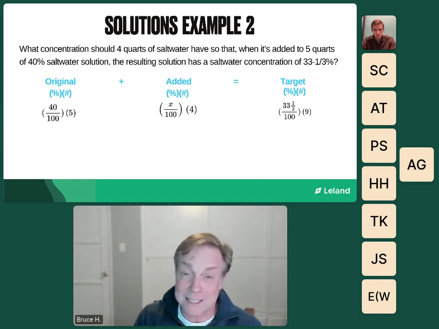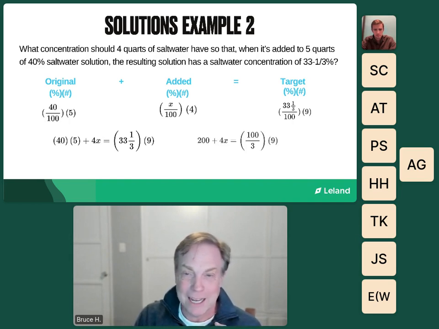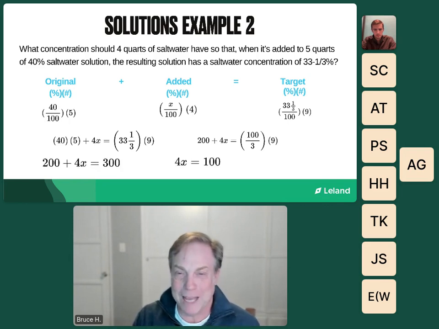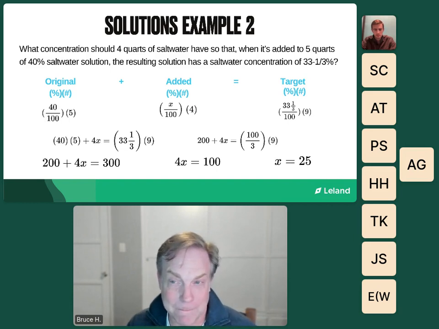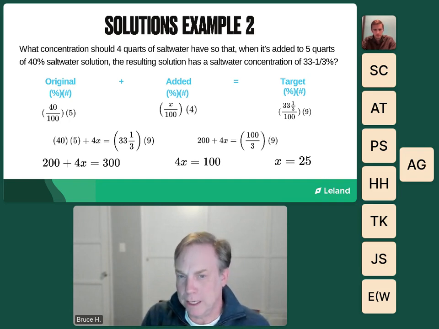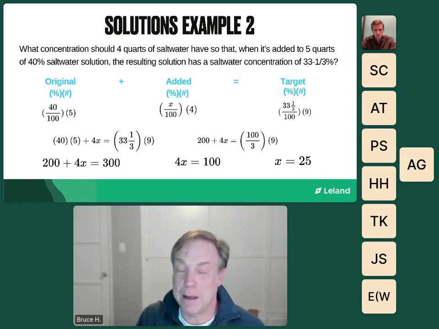So lots and lots of ways to do the algebra. Again, I like to multiply through by 100 to get rid of those denominators. And you can just keep on moving through the algebra, and you're going to find that X is going to be 25. Okay. There's something very interesting that they can do, frankly, to you in this, and it has to do with